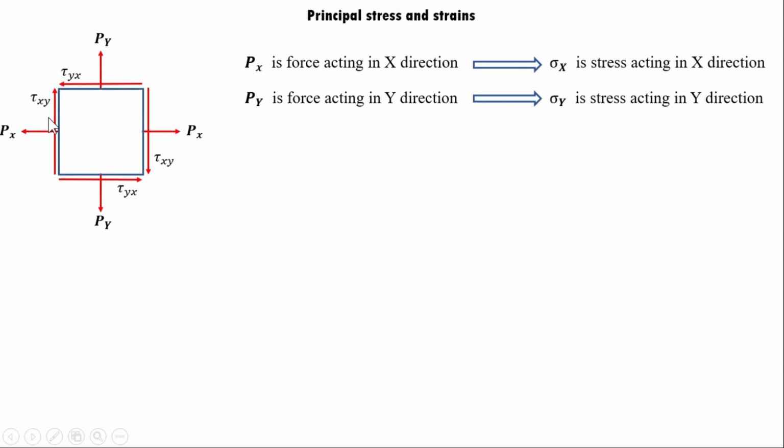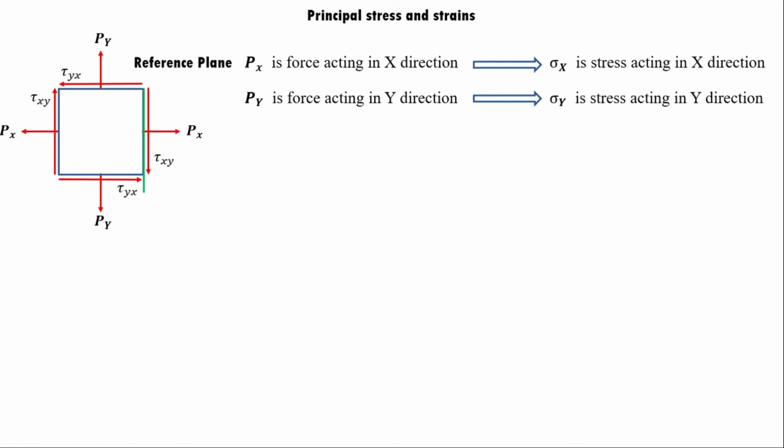If the moment produced by tau xy is equal to the moment produced by tau yx, then we can say this section remains in equilibrium condition, plane condition, steady state condition. Tau xy is always equivalent to tau yx. So this we will achieve by the moment equilibrium condition. Is this clear to all? That's fine. Let us move for this.